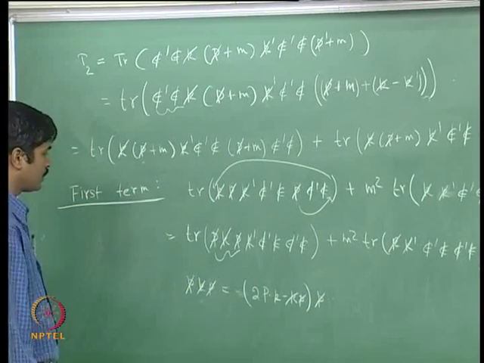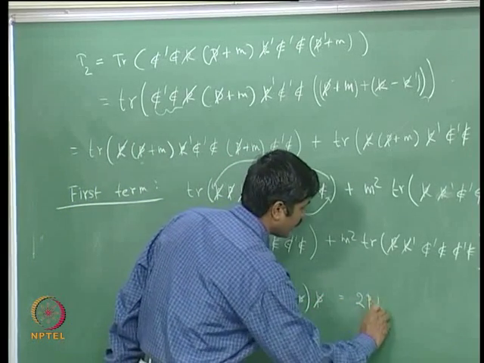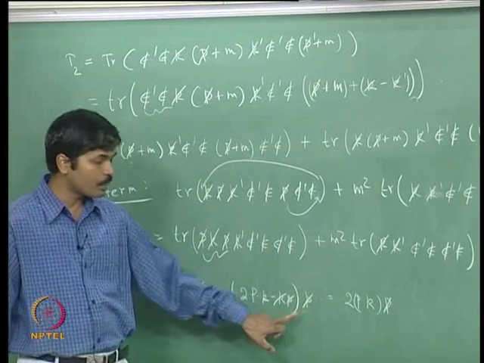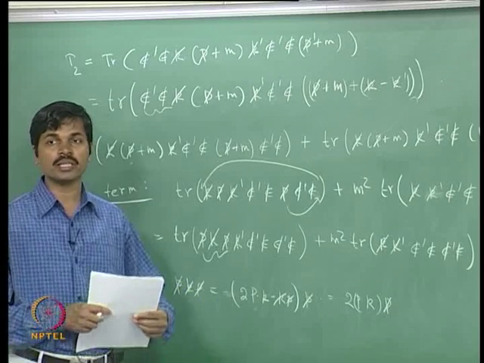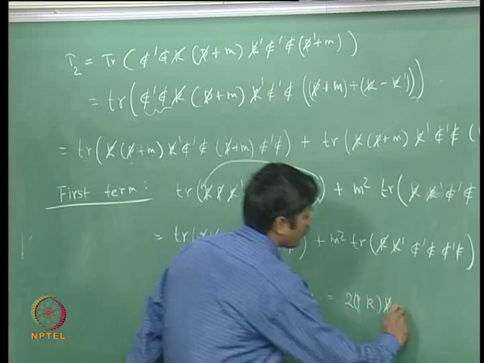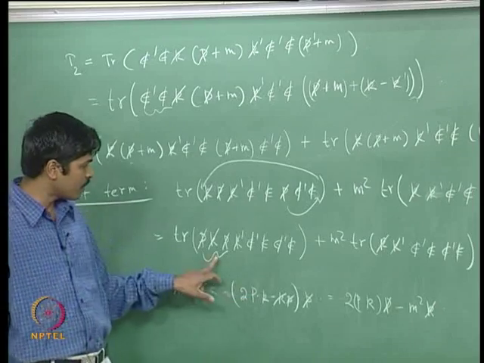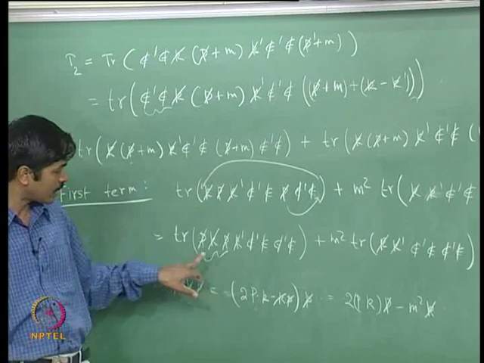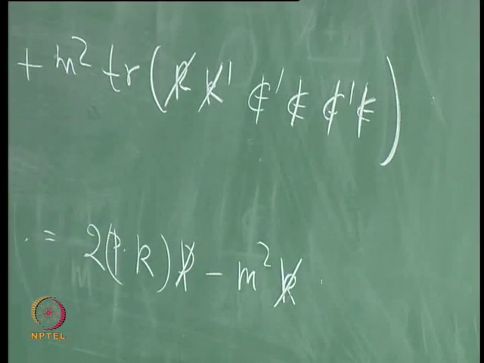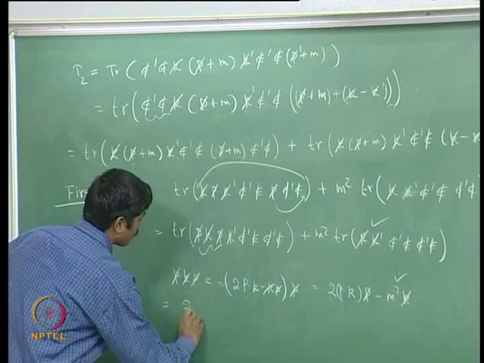Therefore, the first term you get is twice p dot k p slash, and in the second term you have 2 p slash. What is p slash square? It is simply p square, which is equal to m square. So, this is minus m square k slash. Now, in the second term, this minus m square k slash will exactly cancel with this term here. So this term cancels this, and hence this is simply given by twice p dot k